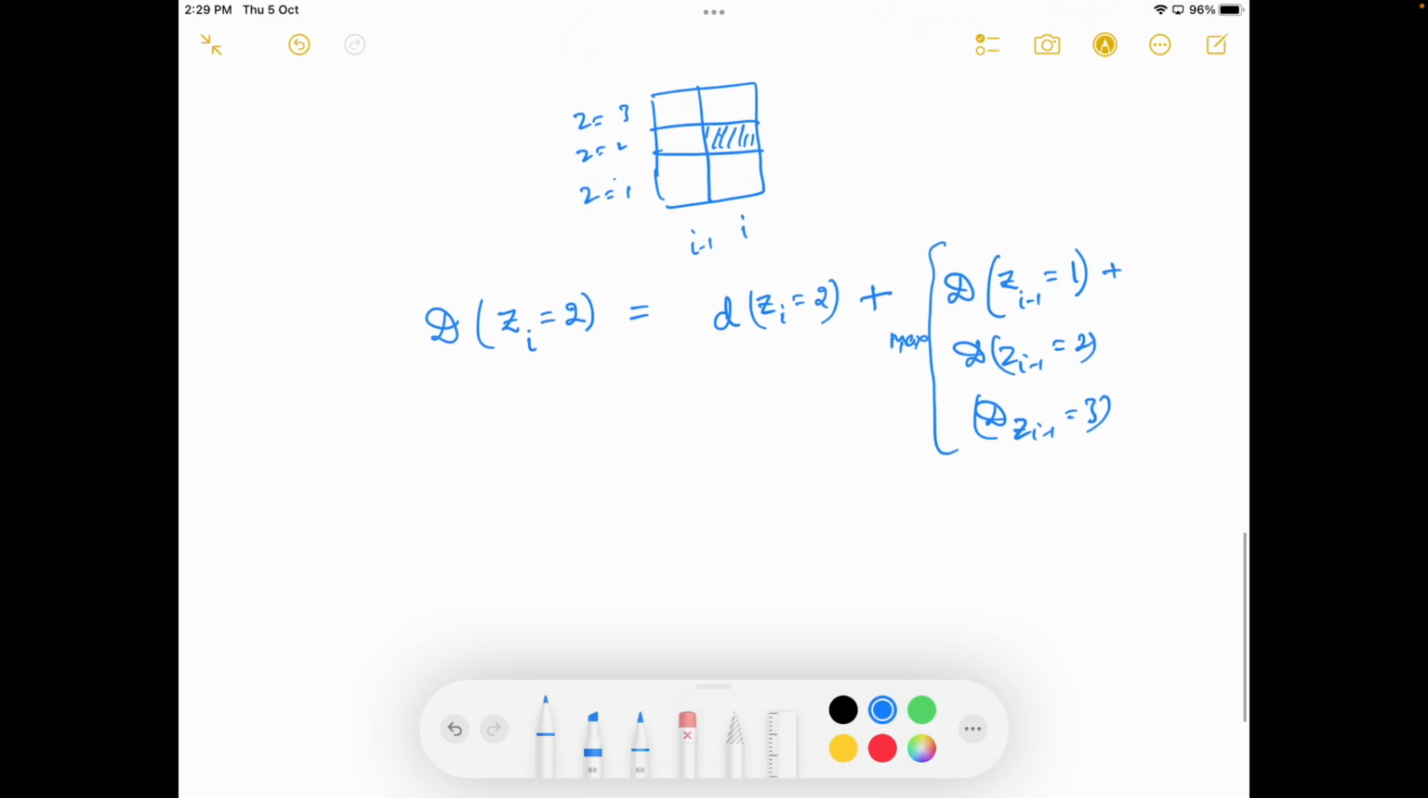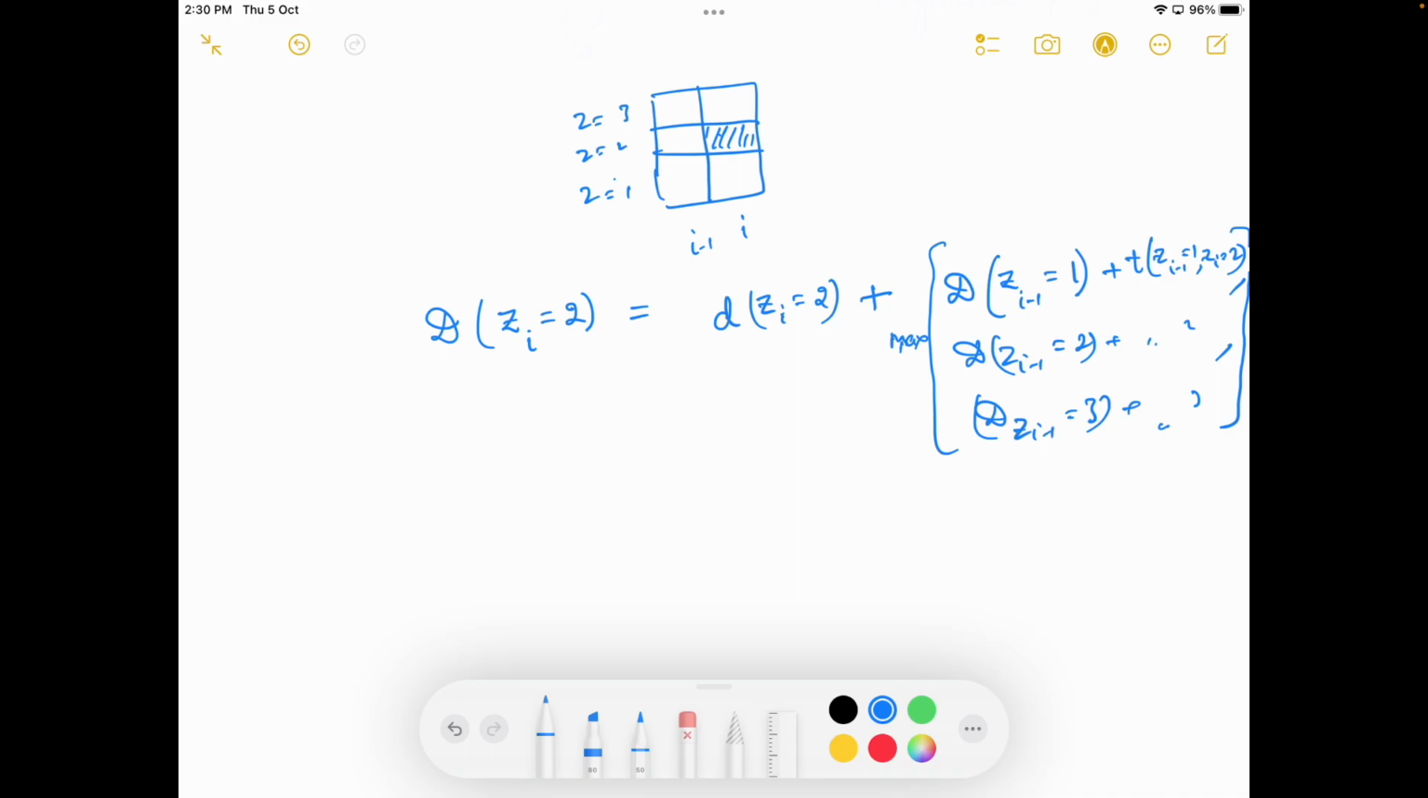Plus the cost of transition from zi minus 1 equal to 1 to zi equal to 2. Likewise, zi minus 1 equal to 2 to zi equal to 3, etc. So the comma means just ignore transitions for the time being. Take only the cells that have emission probability but no transition probability. So the best path to reach here will be equal to the best path to reach here plus this